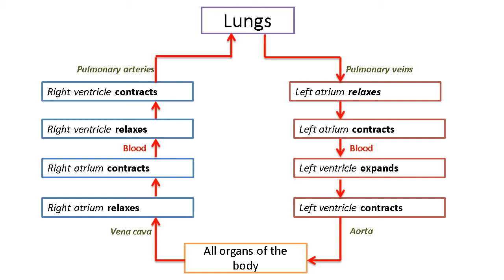As we have observed that two-time movement of blood occurs through the heart, that's why the whole process is called the double circulation of blood. So you can see it is a two-way process.